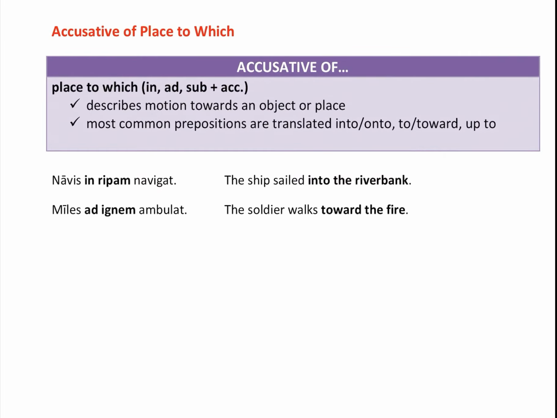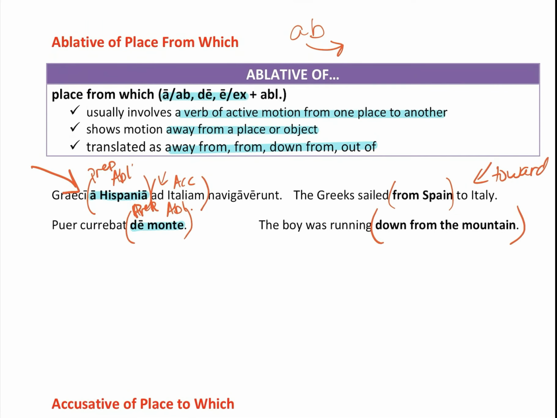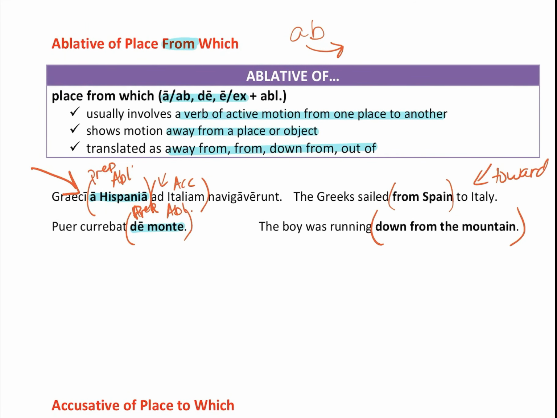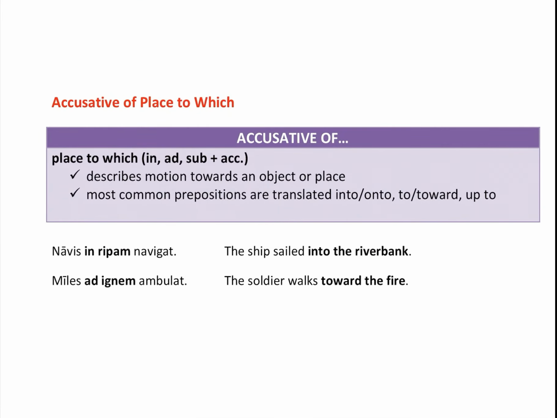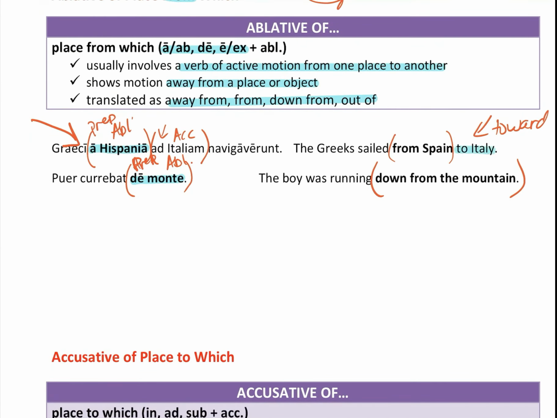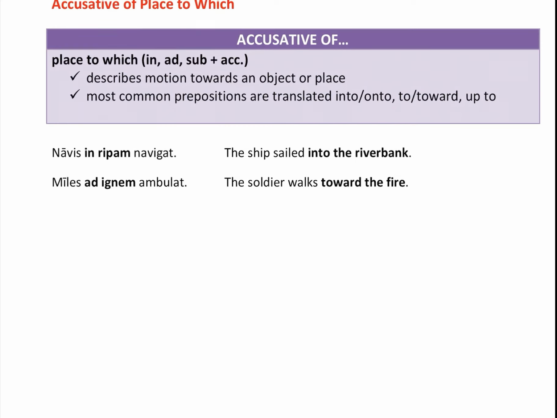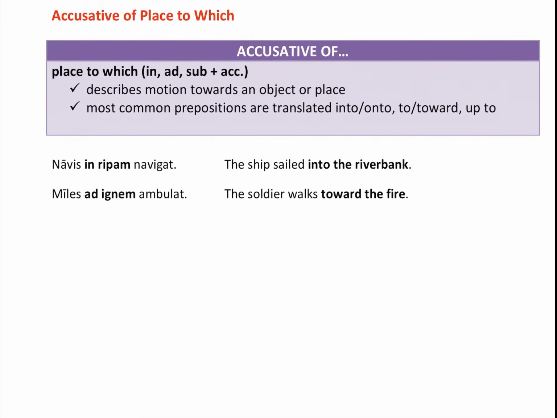Last one. Now I want you to get out your accusative chart. You'll notice that it doesn't have very many uses on here, and there aren't. It'll take us all the way to Latin 3 to learn them all, but this is your first accusative, and it's called accusative of place to which. So notice the difference. Ablative of place from which, and when we're going to somewhere, do you see how we did it right here? To Italy. This is actually an example of accusative of place to which, because Italiam is in the accusative. That's the reason why.